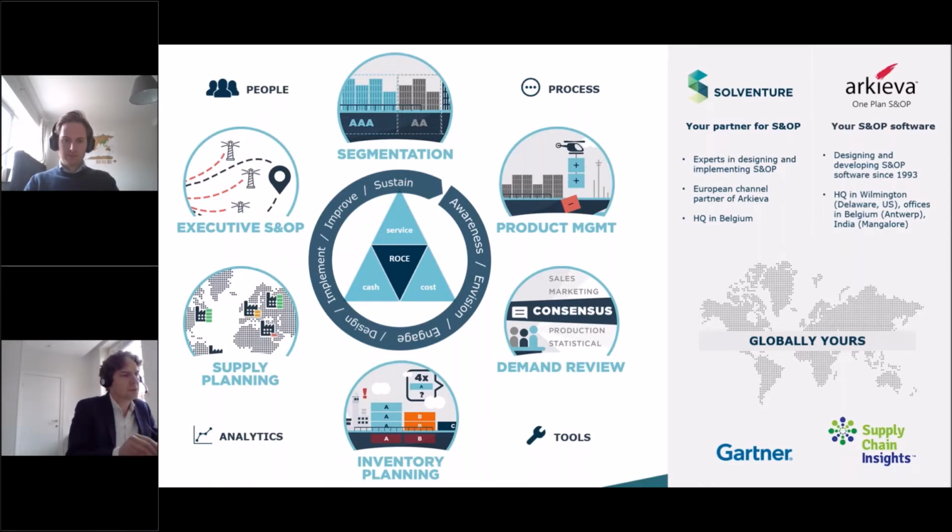Inventory, so again, two options. It could be that you are short of inventory. If you're on the good side of the crisis, you will be out of inventory. If you're out of inventory, make sure that you have a good segmentation to make priorities and to make choices. If you're on the bad side of the crisis, if you don't have enough demand, customers start delaying orders or customers start canceling orders, then chances are real that your inventories are increasing. If your inventories are increasing, it's consuming cash.